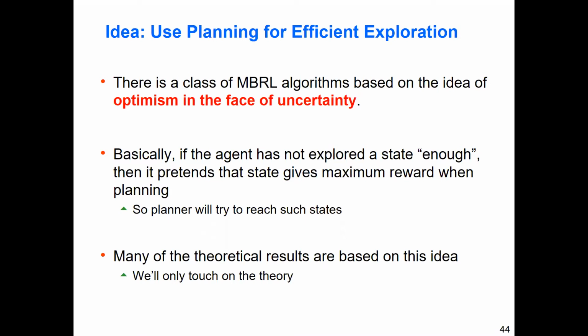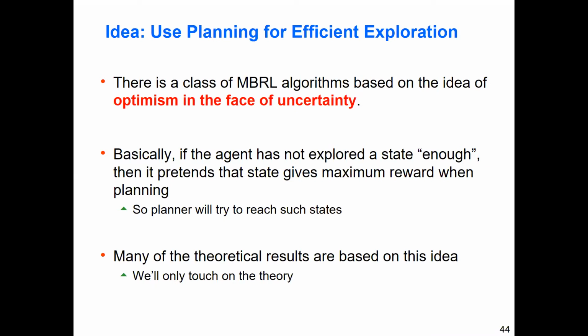If you gather enough experience across the entire environment and you estimate your model, you can solve it optimally, and that solves the RL problem. But how can you be sure that you're going to gather enough experience across all of the model? Maybe there are corners of the model that are hard to get to, but they're critical states for solving the